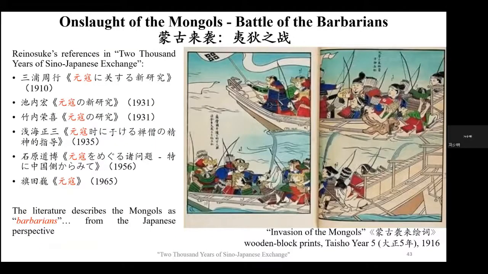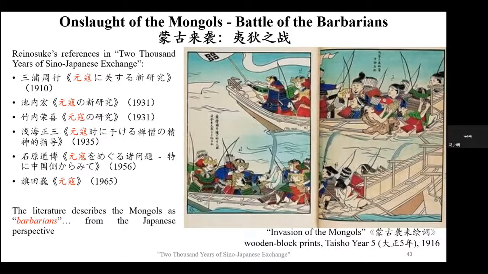And Mr. Ryunosuke made this observation when writing this book back in 1977. Mr. Ryunosuke researched a lot of historical Japanese texts, and on the left side you can see several books by Japanese authors, and the titles of these books are written as Yuan Kou. Well, in Chinese characters, Yuan actually refers to the Yuan dynasty, the Mongols, and the term Kou is used to describe